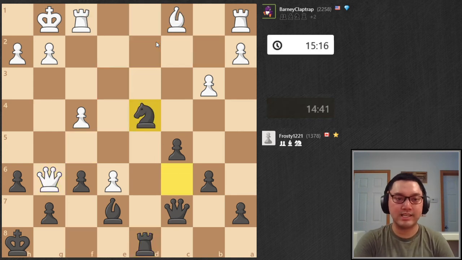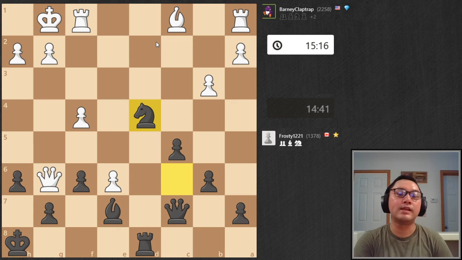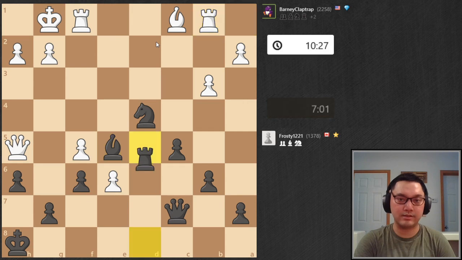Yeah, knight d4. You found knight d4 a bit late. If knight d4 was there like 5 to 10 moves ago, I think the game would have been completely different. Knight to f5. I think this is just a slow death, I would say. There's no way to just...